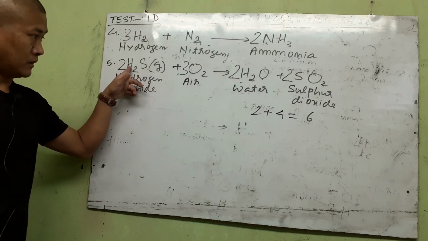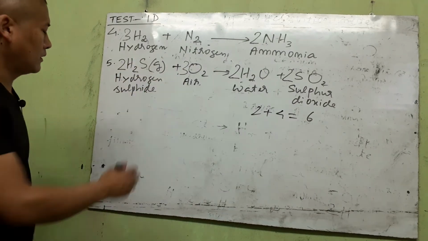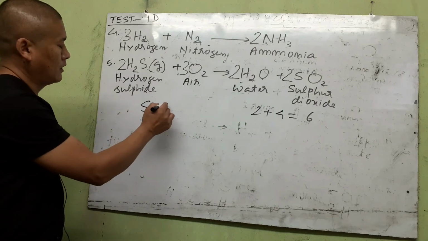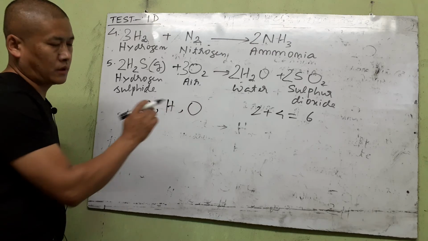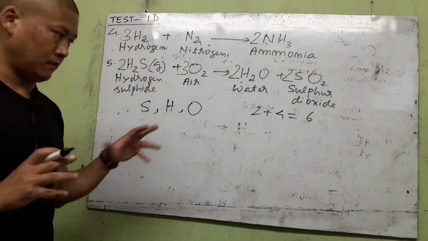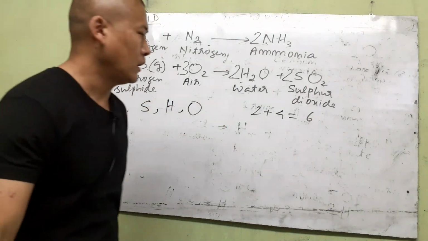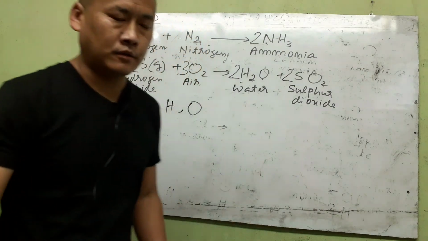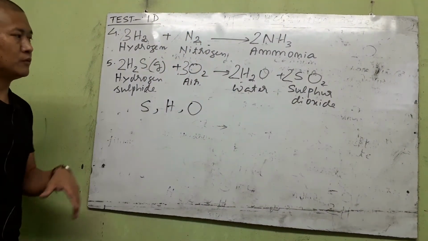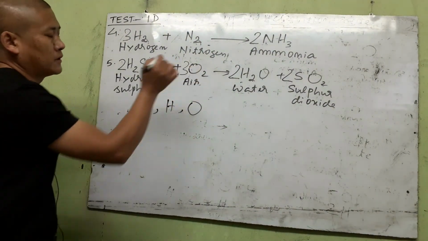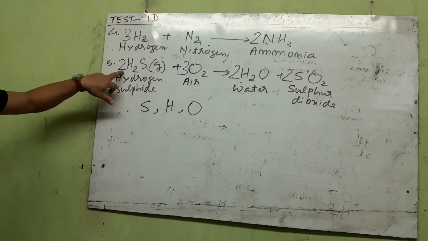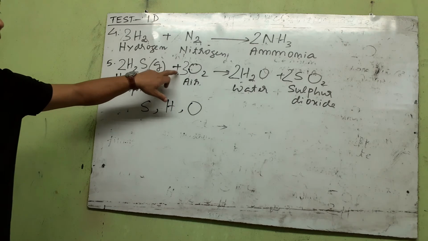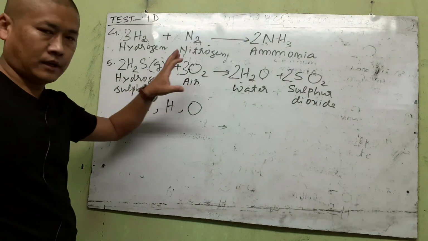So in this equation, remember, it's easier to start balancing with S. Then balance H, and balance O last. S first, then H, then O. Try to remember that order, and it will become easy for you to balance this equation. As you practice more, you will know which to balance first. Let's read it: 2 molecules of hydrogen sulfide gas burns in 3 molecules of